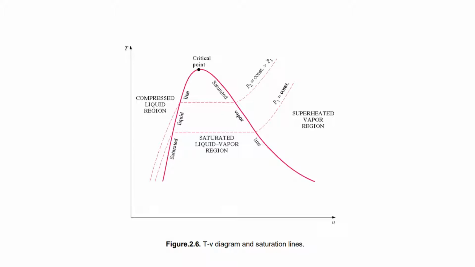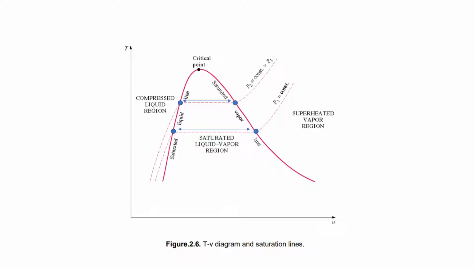What I mean by overall behavior is that there will be a compressed liquid region, a saturated liquid to vapor region, or a saturated mixture region, and a superheated vapor region. For the same TV graph, I highlighted, for two separate pressures, the saturated liquid points and the saturated vapor points. Anything between those two points for the given pressures belongs to the saturated mixture region and has what we call